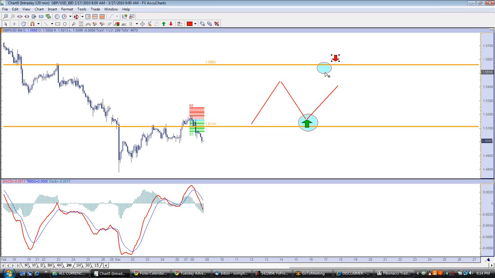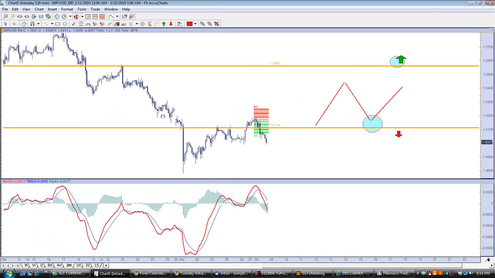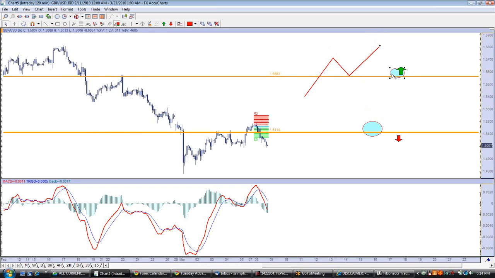Now, we also said that we can trade the breakout. Most of the time, when I'm trading breakouts, I would like to confirm the breakout not only with the price. Let's say we're having a breakout to the north, but I don't want only the price to be breaking out to the north, but